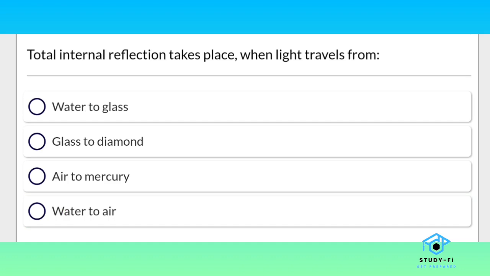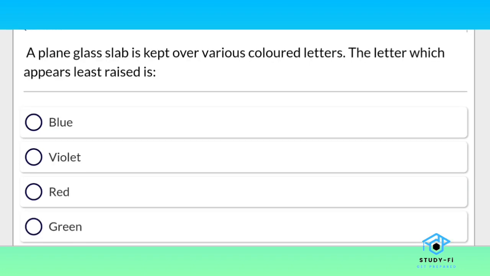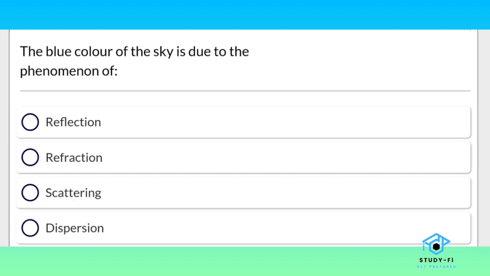Velocity of light is maximum in vacuum. Total internal reflection takes place when light travels from water to air. The critical angle of light passing from glass to air is minimum for violet. A plain glass slab is kept over various colored letters. The letter which appears least raised is red. The blue color of the sky is due to the phenomenon of